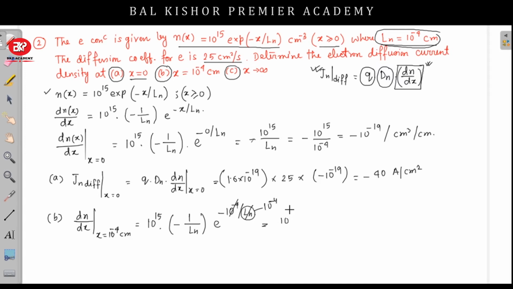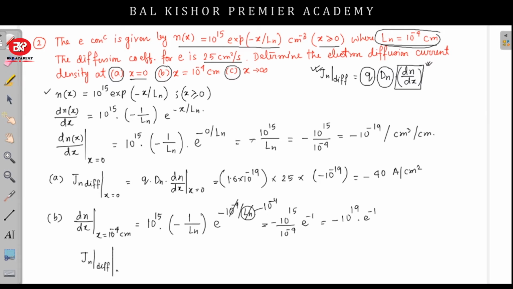So we will have 10 to the power 15 minus divided by ln. So 10 to the power minus 4 e to the power minus 1. So after putting all the values, we can calculate that we will get minus 10 to the power 19 into e to the power minus 1. So now, using this value, we can find the value of Jn